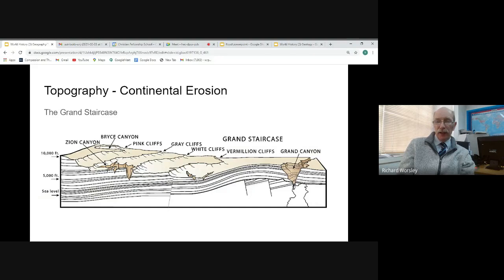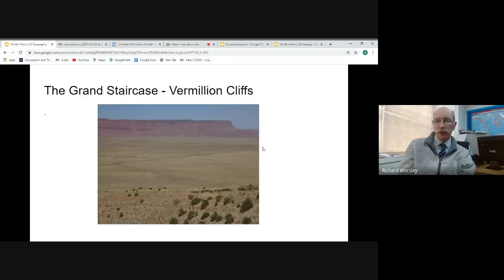Furthermore, this makes a lot more sense of something that's called the Grand Staircase. It goes from Utah right down to the Grand Canyon, Arizona. You can see the way that the sheet flow of water would have swept away these rock layers. And then these canyons were the latter part of the erosional process, these narrow, deep channels. And just to confirm the point I was saying, if you go to any rock face like the Vermilion Cliffs, you'll find at the base no evidence of long millions of years of erosion. There's very little what's called talus at the bottom.